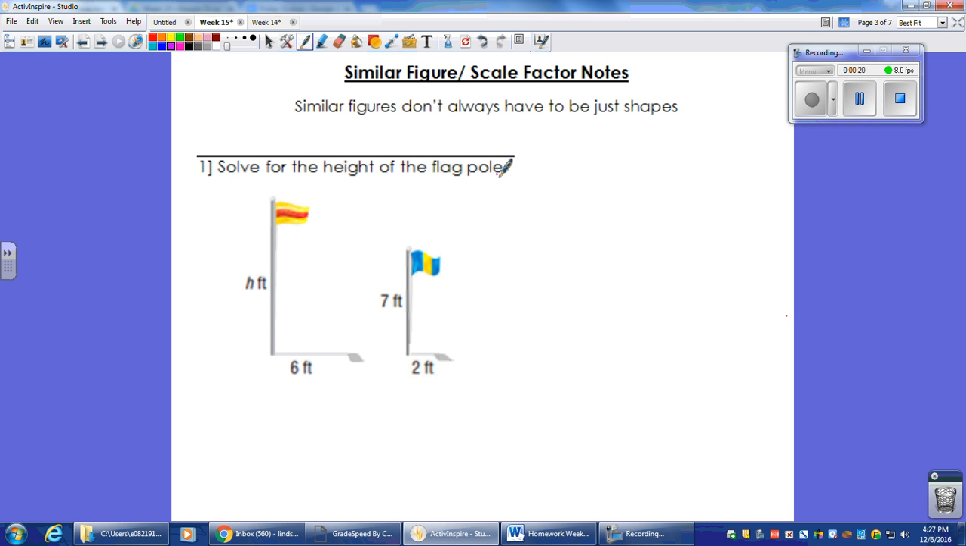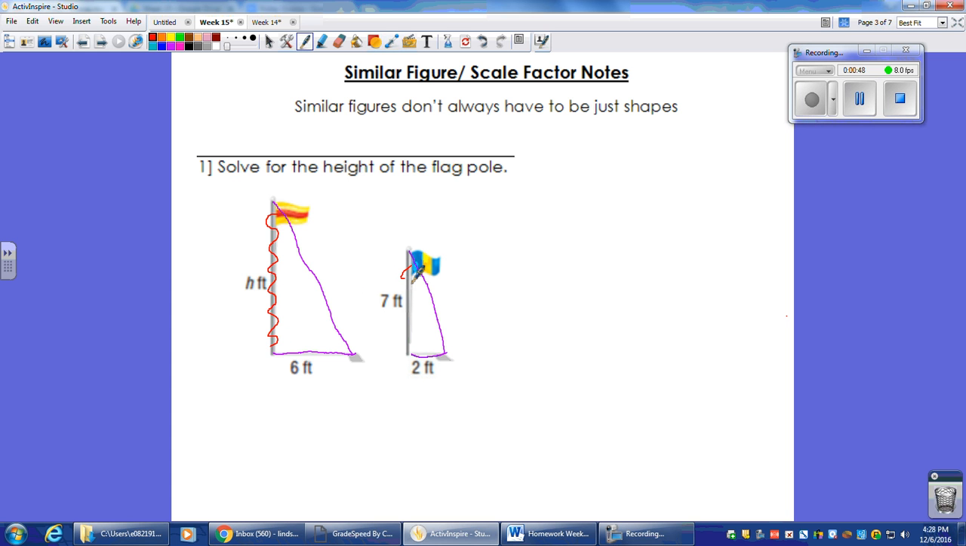We don't know the height of this flagpole right here, but we do know that it casts a shadow that is 6 feet long. We do know the height of this flagpole, and we know that it casts a shadow that is 2 feet long. So if you look, based off of the sun's angle, we know that these two figures can be considered similar. So we're just going to do exactly what we have been doing, where I'm going to set up squigglies